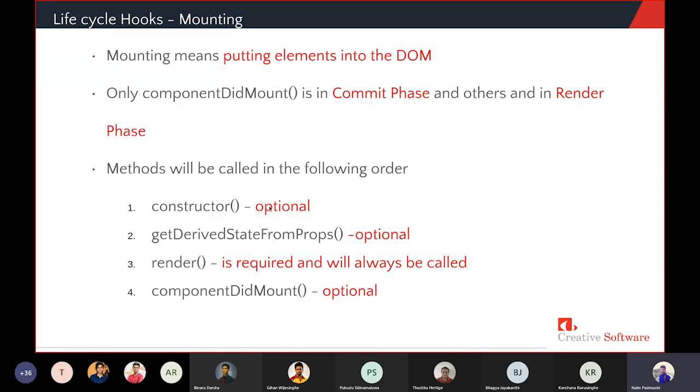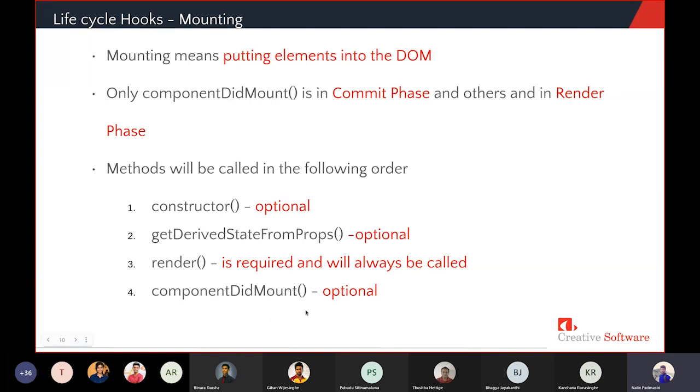This is the order: constructor, then getDerivedStateFromProps, and the render function. The render function is required, and it will always be called whenever you perform an update, or whenever you mount your component.